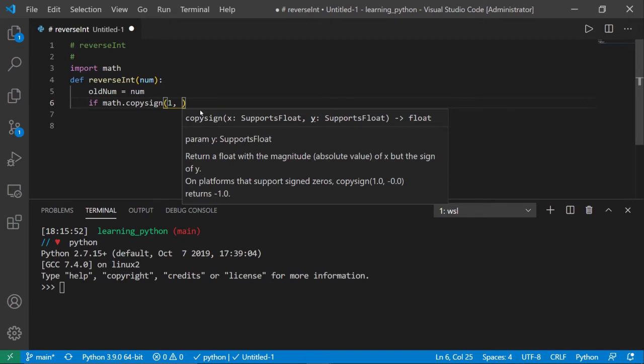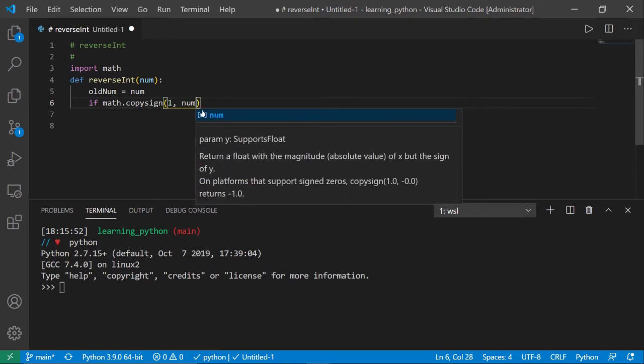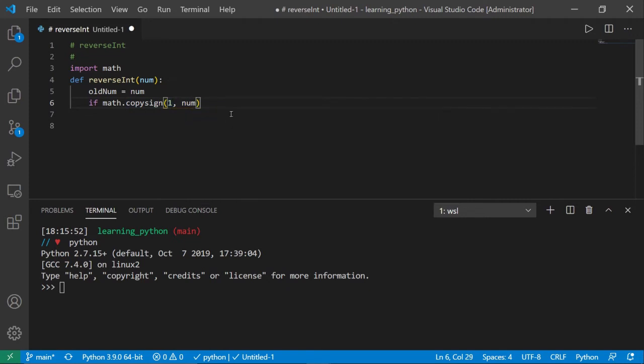Now, if the second argument happens to be a negative number, then the first argument will become a negative. Okay? So now that we have this, now we can say if it's equal to negative 1,